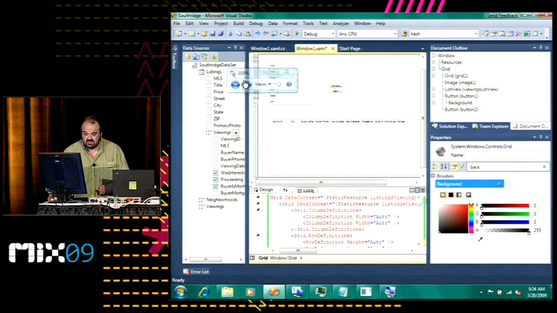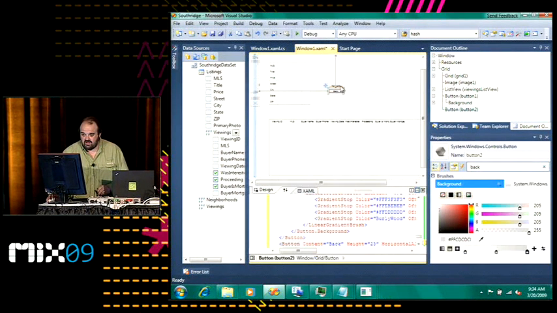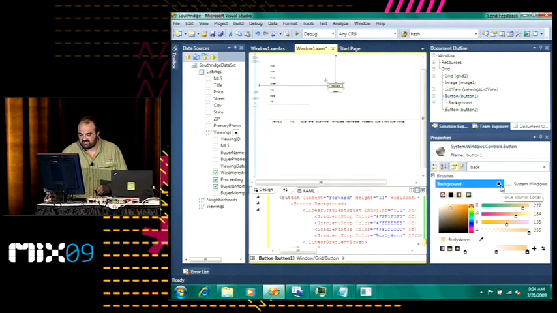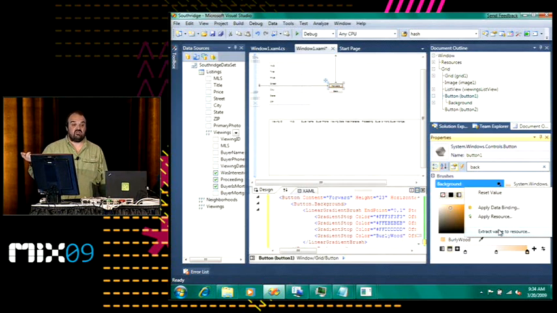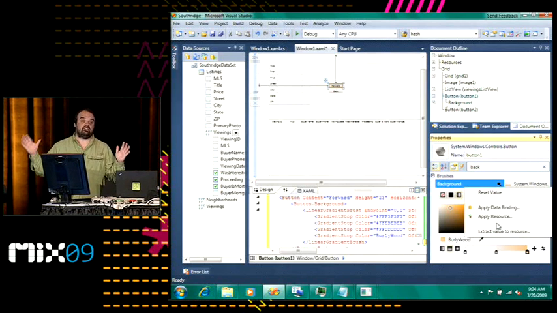What I'm going to do next is, I've decided I like that color. I'm going to extract the value to a resource. Okay? I'm not going to step you through all of the steps here because we are limited on time, but that same dialog you saw for creating the resources would allow me to extract that style right up into a resource and then apply it using a resource browsing experience. And that gets us pretty well down the road to if you've got a designer who's created a nice resource dictionary for you full of wonderful styles that you can apply to things,